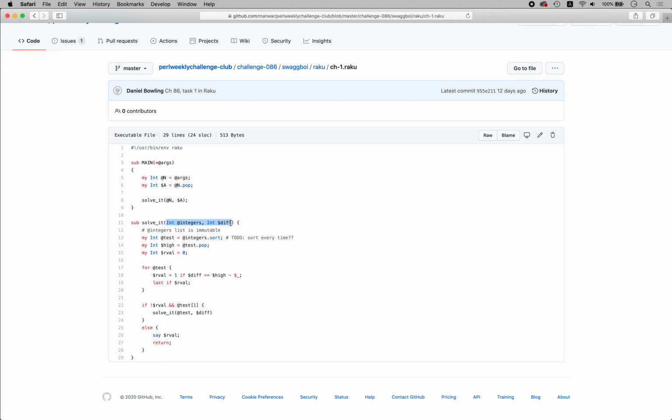We pass it to the function, and the integers list is immutable, so sort every time. What do you mean sort every time? It's only called once, right? Right, so there are some test numbers basically, which are the input numbers sorted, so we know that low numbers go on the left. Then we take the high, pop what is high,